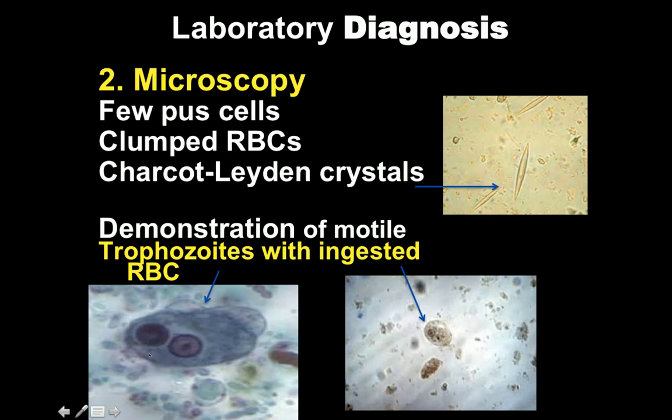Then we look for the motile trophozoites, which have ingested RBCs, as you see here. This is an unstained stool specimen, and this is the trophozoite of histolytica. You can identify it by the presence of this nucleus, which has a central karyosome, and these dark ingested RBCs. This is a stained stool slide. You can see the pus and RBCs in the stool specimen, and this is a slide prepared from the stool specimen, and you can see these inclusions, which are dark colored RBCs that have taken up the stain.